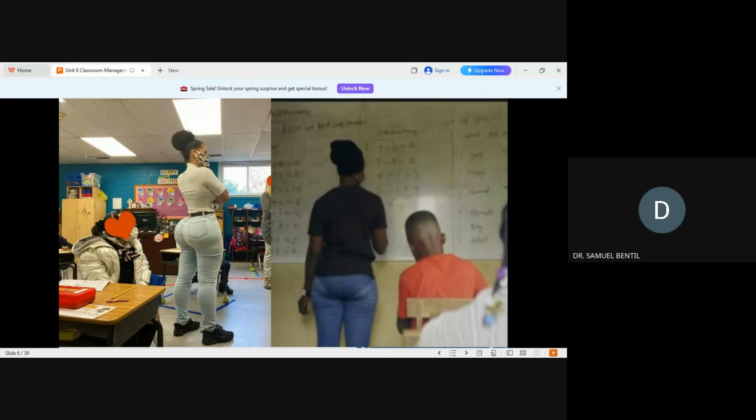We don't wear these things with such pants. On the social side, I said you have to wear seamless pants. Yes, you wear seamless pants so that you do not show. But what I'm trying to say is that it is not good to be wearing this and standing in front of the class. These things are distractors. No, 21st century madam does not mean that you come and wear revealing clothes to distract your students. So please, our madams, as for the gents,